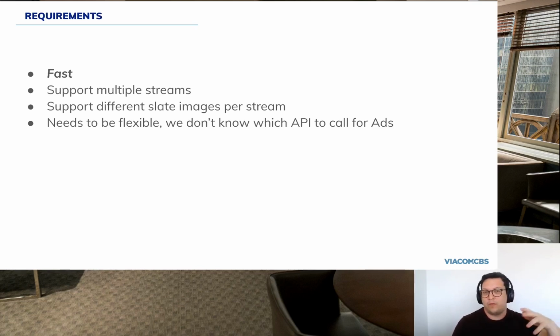So we can have one, two, three multiple streams at the same time with different slate images that could be in every stream could have different slate images. Because we are talking here like this was triggered by the web games, but there is one specific slate maybe there, and then there is another game or there is another different kind of programming that have a different slate. So we need this flexibility, and not only in the image, the slate, but also how we trigger